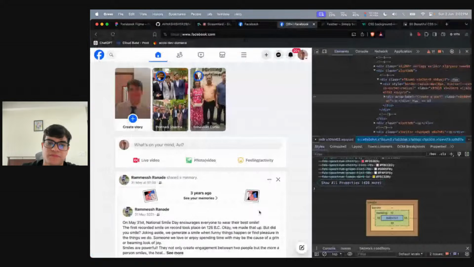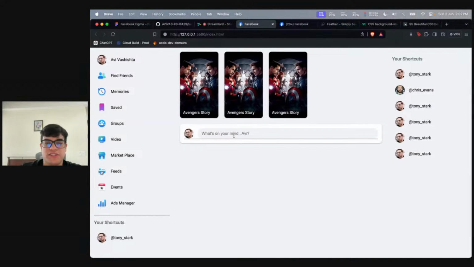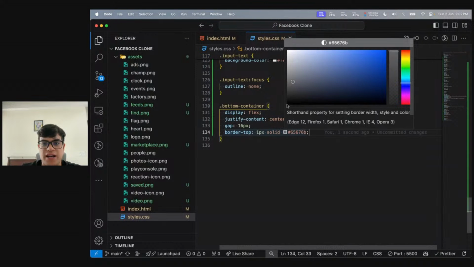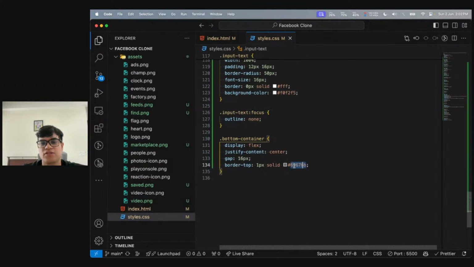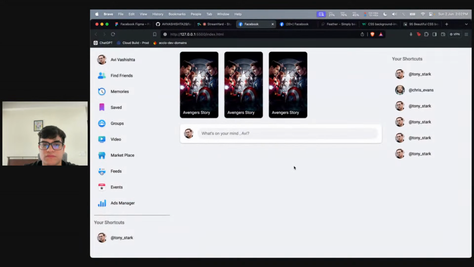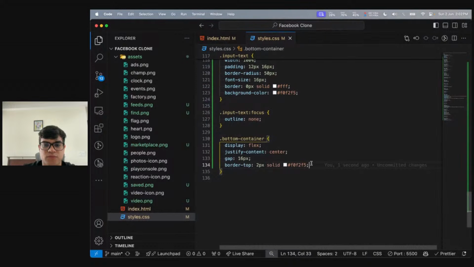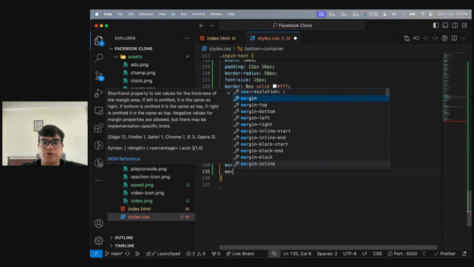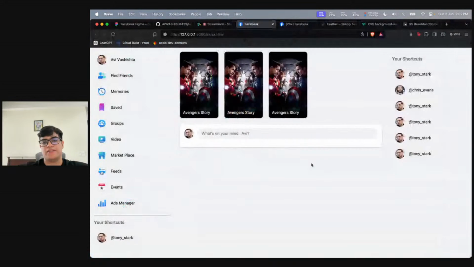this. So the moment I do this, you see that we do see everything. And I think for this, I can use this as the border color. I'm going to give it a margin top so that there's a little space at the top. Okay, so now we see a line, we see this text, and now all that I need to do is